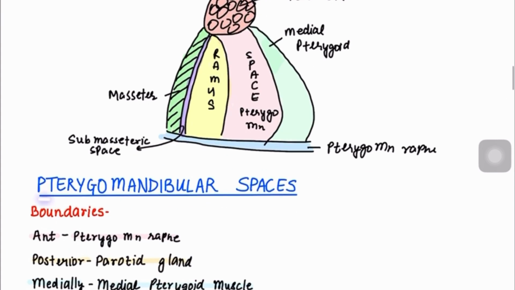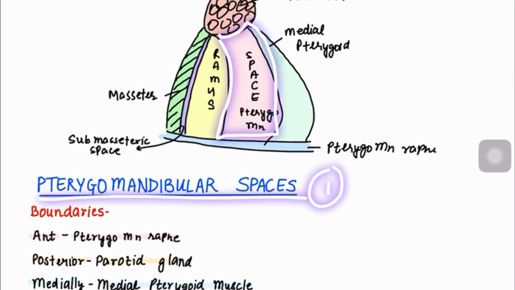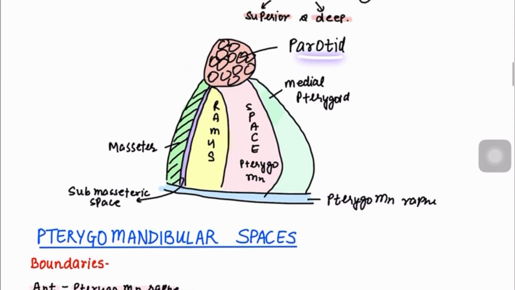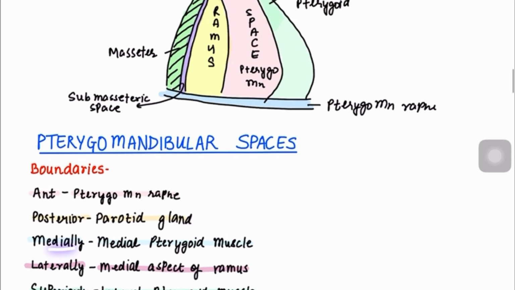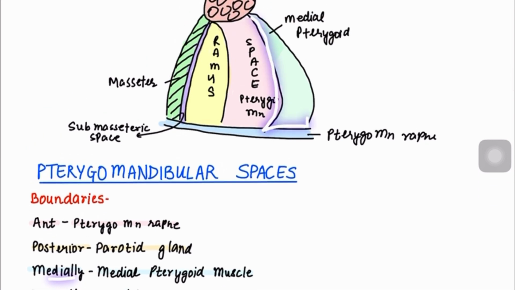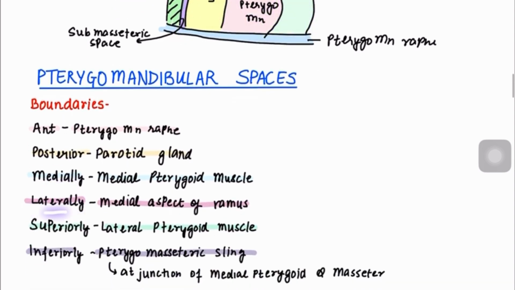Let's see pterygomandibular space. This is the pterygomandibular space and it is bounded anteriorly by the pterygomandibular raphe. It is bounded posteriorly by the parotid. Medially, there is the medial pterygoid muscle. Laterally, there is the medial aspect of the ramus. This is the medial aspect of the ramus. This is the lateral aspect of the ramus, and the pterygomandibular space is bounded laterally by the medial aspect of